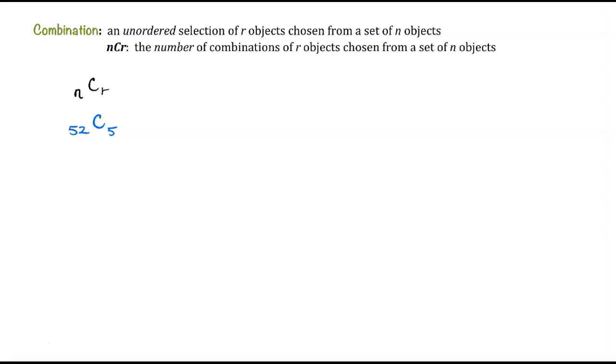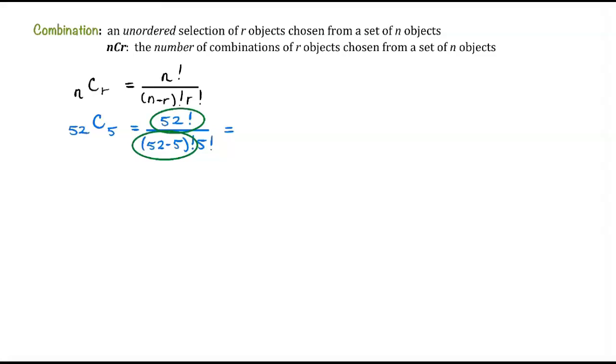The way that we calculated the number of 5-card hands was great, but if you want to use your calculator with the combinations function, or simply use the equation for combinations, it works like this. The number of combinations is n factorial divided by n minus r factorial times r factorial. So with our 5-card hand example, with 52 as n and 5 as r, we have 52 factorial divided by 52 minus 5 factorial times 5 factorial. Notice that what we started out doing was treating this like a permutation, which is equivalent to 52 factorial divided by 52 minus 5 factorial. That's where we got